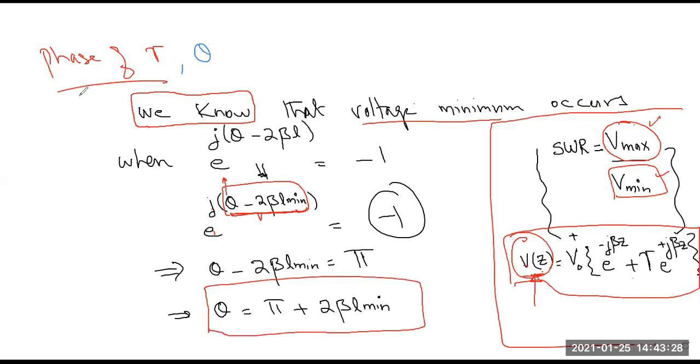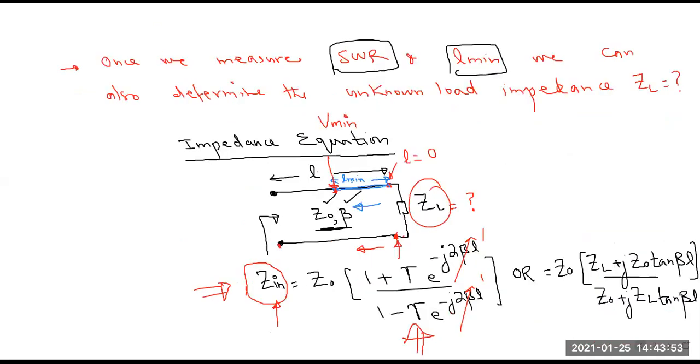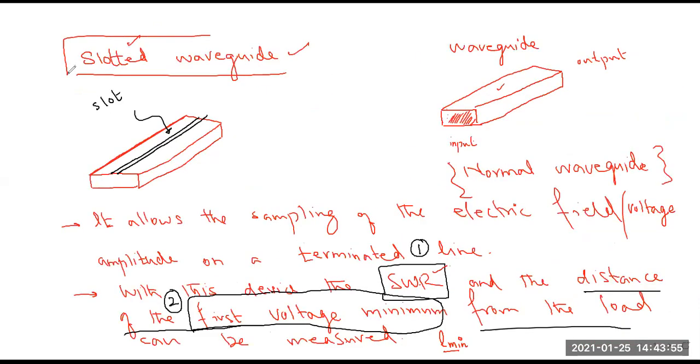तो हमारा टास्क क्या था कि हमने रिफ्लेक्शन कोफिशिएंट का फेज फाइंड करना था, और अब हमारे पास रिलेशनशिप आ गई कि फेज ऑफ रिफ्लेक्शन कोफिशिएंट अगर हमने फाइंड करना है तो उसके लिए कौन सी इक्वेशन यूज करेंगे? पाई प्लस 2 बीटा एल मिनिमम। एल मिनिमम हम कहाँ से फाइंड कर सकते हैं? एल मिनिमम हम फाइंड कर सकते हैं विद द हेल्प ऑफ स्लॉटेड वेवगाइड। जो ये स्टेटमेंट मैंने दी थी, इसको